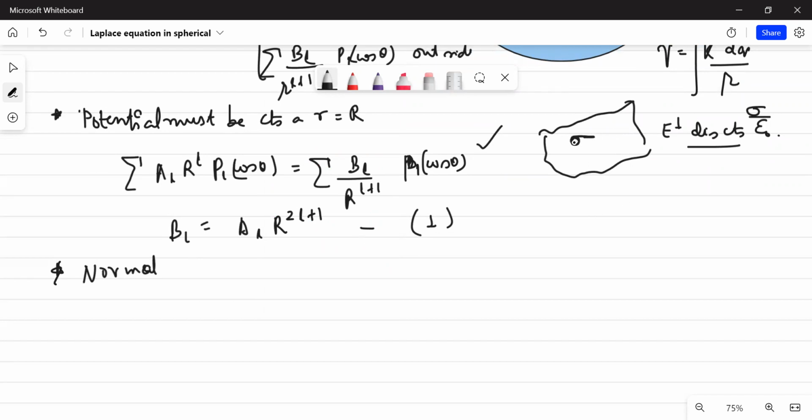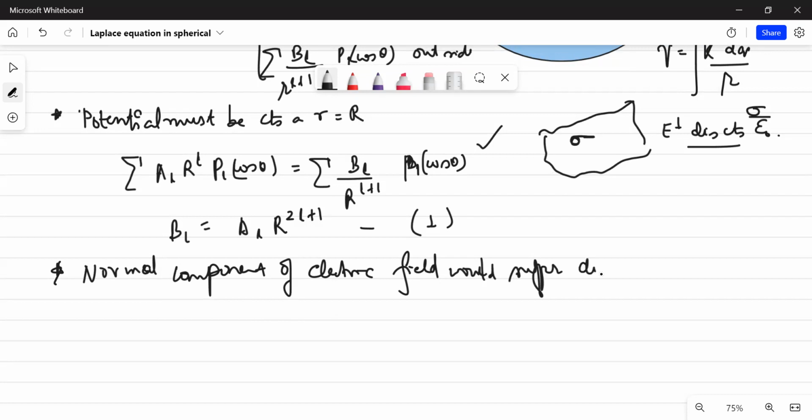So if the surface is charged with surface charge density sigma, the normal component of the electric field would suffer a discontinuity, and this discontinuity is given by sigma over epsilon. Okay, is that clear? So I can write that E perpendicular outside minus E perpendicular inside is equal to sigma upon epsilon. Is that clear? And what I can do is,